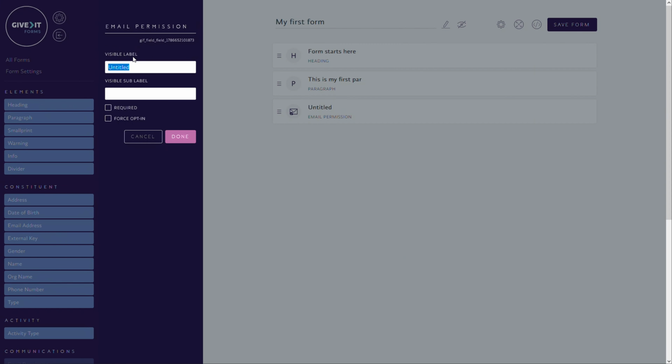The visible label that we supply here will be visible for our end user, so we need to make that meaningful. Can we contact you by email? Question mark, that stands to reason. Sublabel, that's optional. I will forego supplying that on this occasion. We can make this a required field. For GDPR purposes, that may well not be what's the best practice, but owing to soft opt-in, we can force